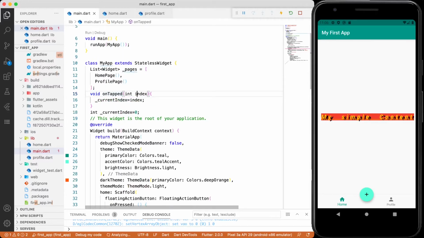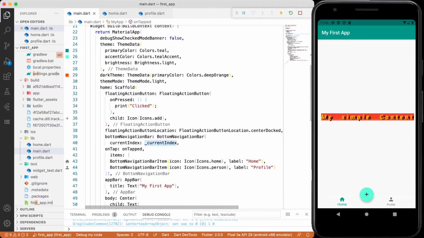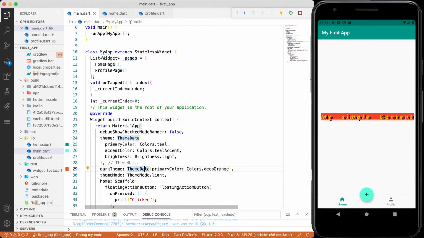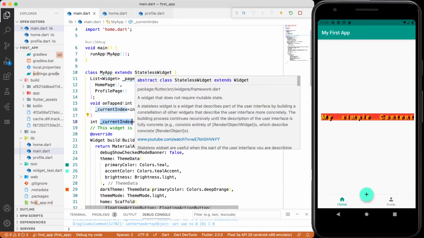So I'm going to set the current index. Okay, now in this we want to check one more thing. If you are changing this current index, we can't use a stateless widget for it, because the state won't be maintained. Once it is set, it will be fixed for a stateless widget. So for changing the pages based upon the user clicks, I want to maintain the state of this particular current index. For that I want to make my app a stateful widget.